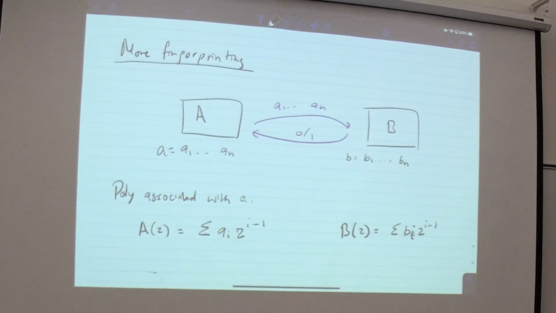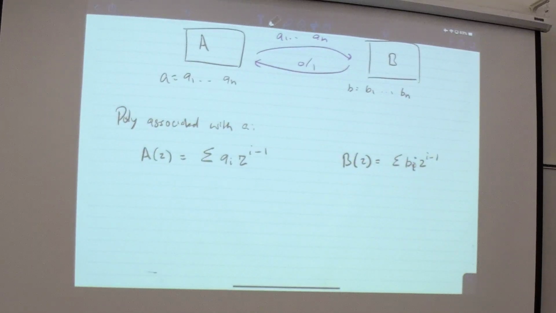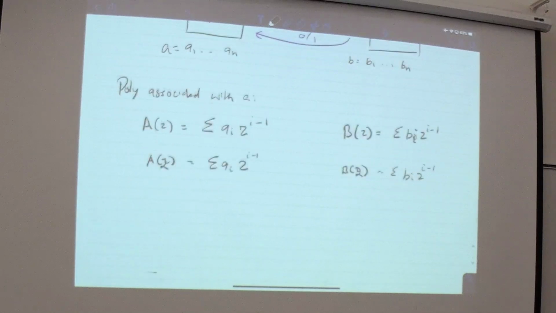But let's do something a little bit different. Let's compute A of 2 and B of 2. So this is really treating A and B like a binary string, and you can think of the coefficients as bits. It's particularly convenient to do it. Right? These are actual numbers. A of 2 and B of 2 are numbers. And then we do something very interesting. We pick